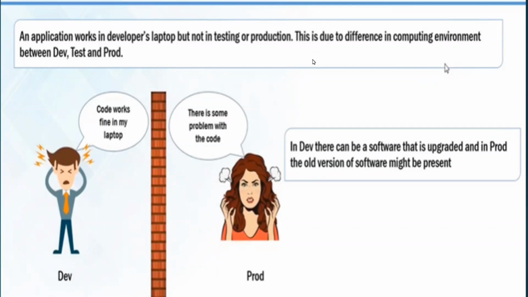Okay. Now, what can be the problem? I will say the problem is that the two environments which we are talking about, one is the dev environment and the other one is a prod environment, may be different. How come it is different? Now assume that you are writing your code on Java 11 and this prod support team is trying to run this code on, let me say, Java 8. So they are running on Java 8 and you are using Java 11, right? So first, the software on which you are running the code is different. Okay. Second,